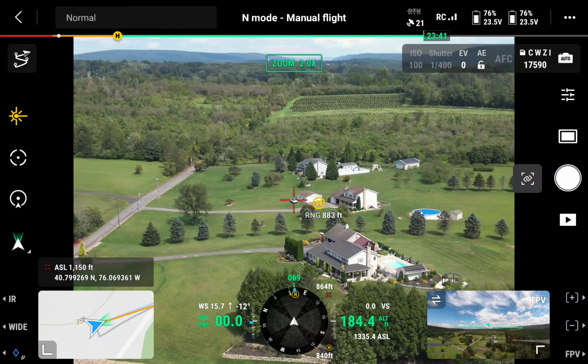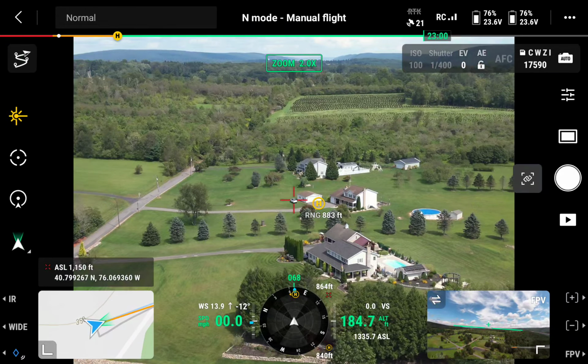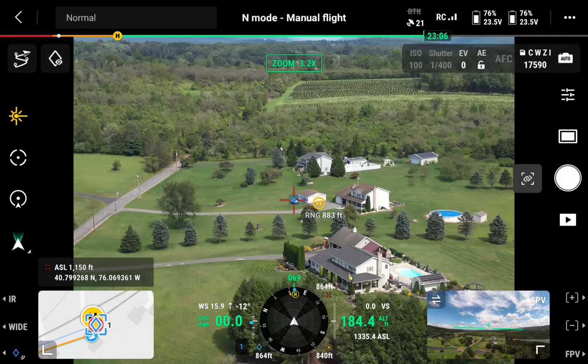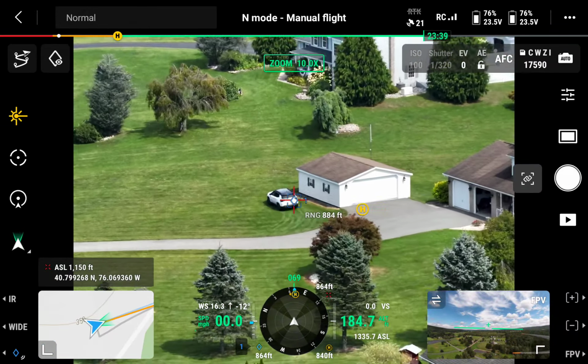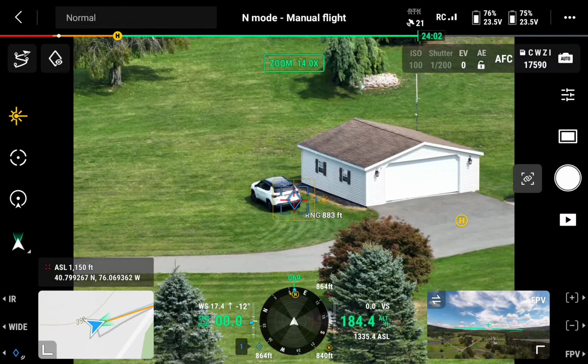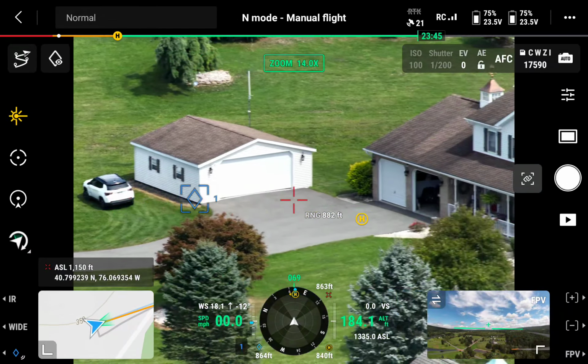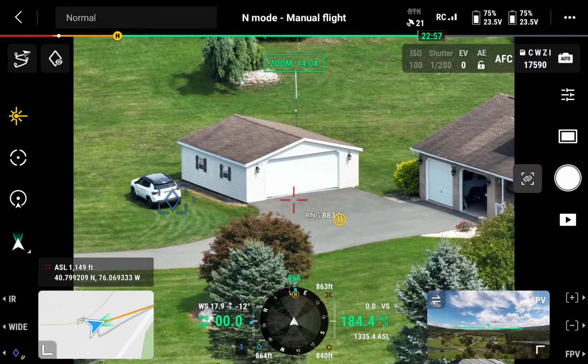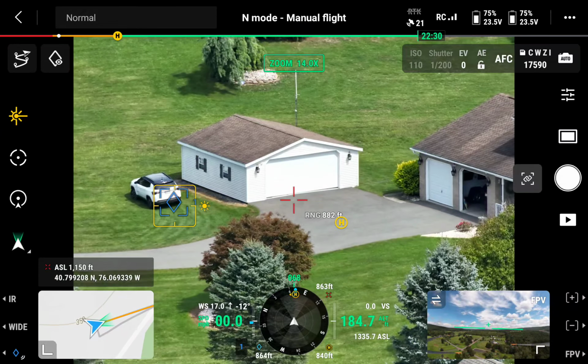Now, let's look at this pin dropping stuff. So we just dropped a pin there. I don't know if you can see that. See that pin? I just dropped it there. Now, if I actually turn the drone, that pin actually stays there. Now, if I tap that pin, no, that just focuses. If I hit the map,